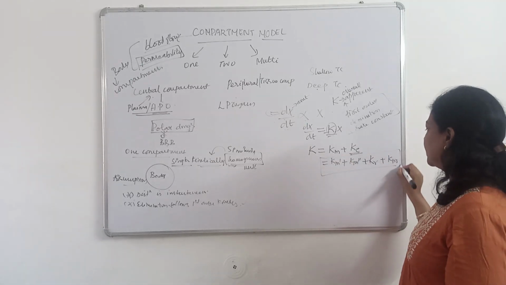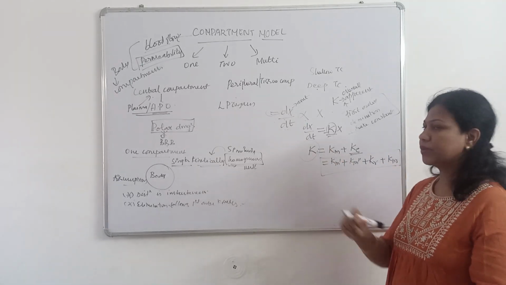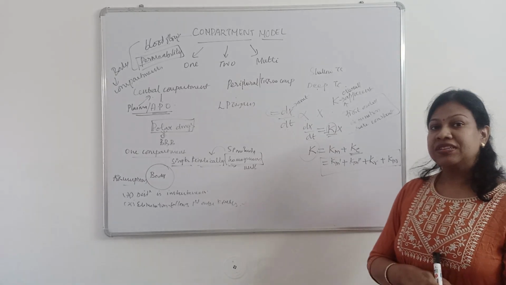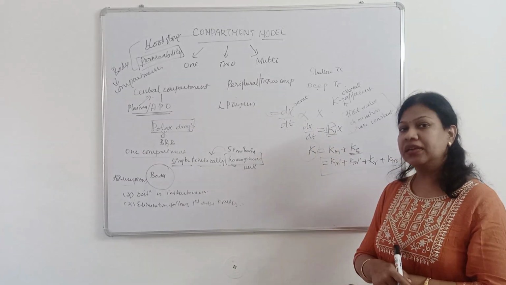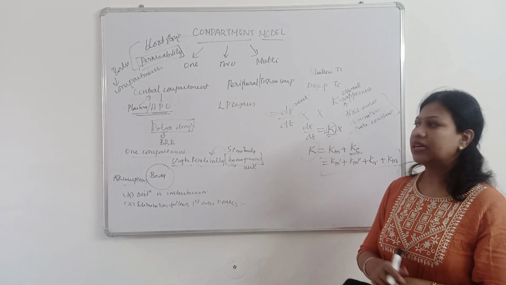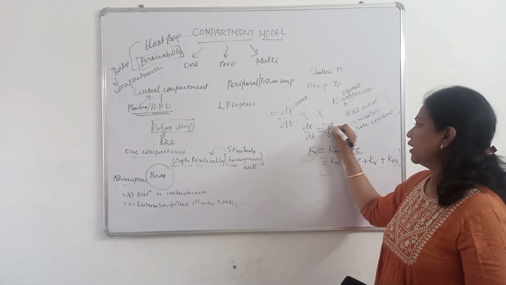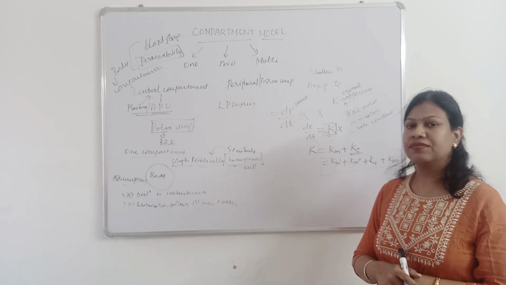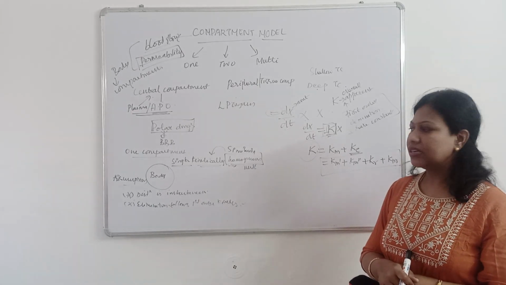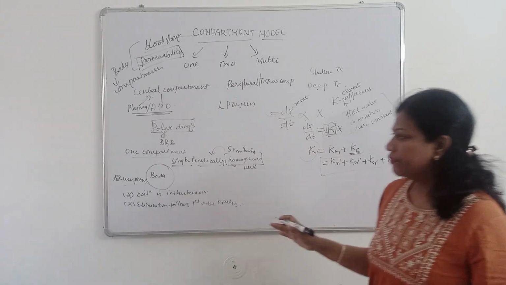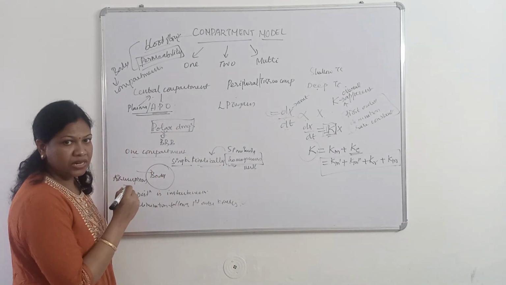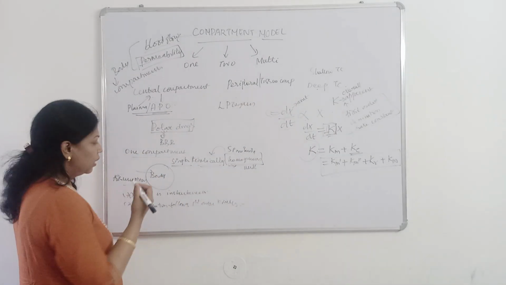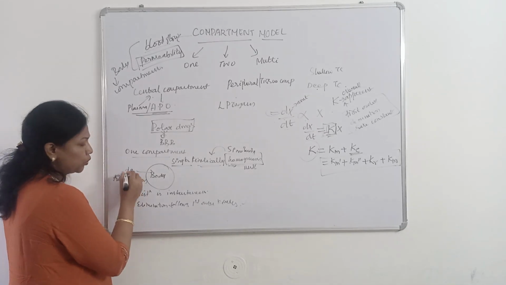Sum of all these rate constants is considered to be the k, which is overall. इन सबको मिला के बोल रहे हैं इसलिए overall apparent first order elimination rate constant, that is k. इस k को बोलते हैं which follows the first order kinetics. So when the drug is administered and that follows first order one compartment model pharmacokinetics,